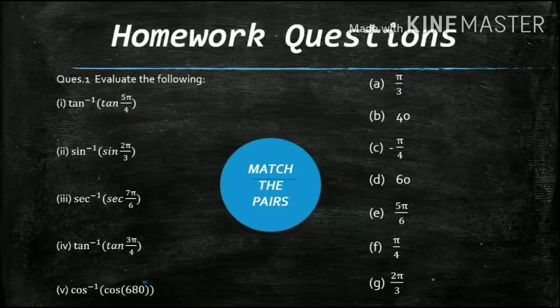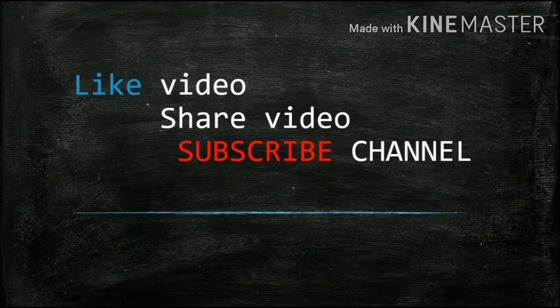Okay, and we'll meet in the next lecture. Don't forget how to do these types of questions. I have already told you. If they are directly satisfying the self-adjusting property, directly you will write the answer. If not, then try to convert it in some way so that it belongs to that interval. Okay, so let's end this session.